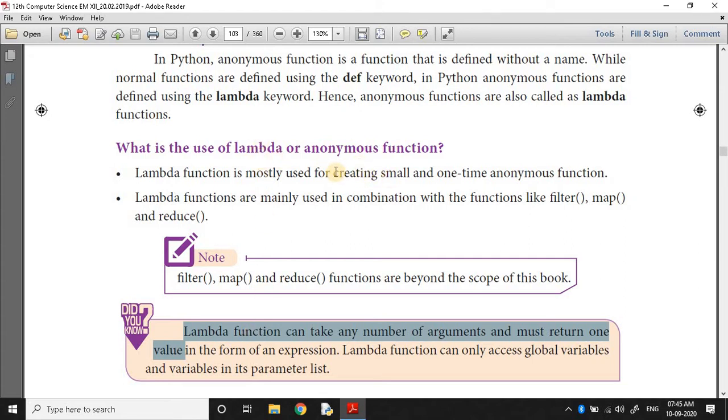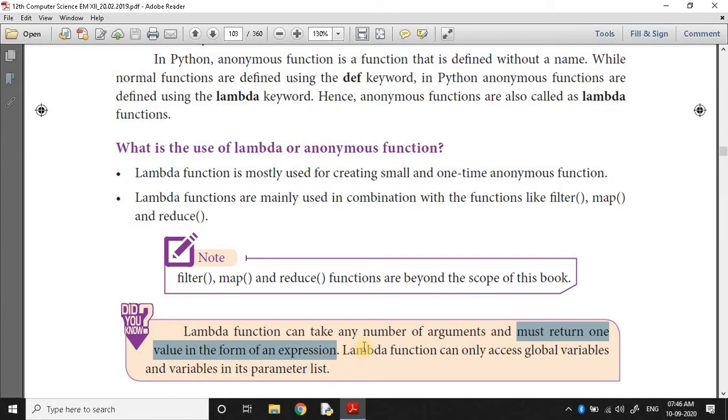It is used along with filter, map, reduce, and it returns one value in the form of an expression.